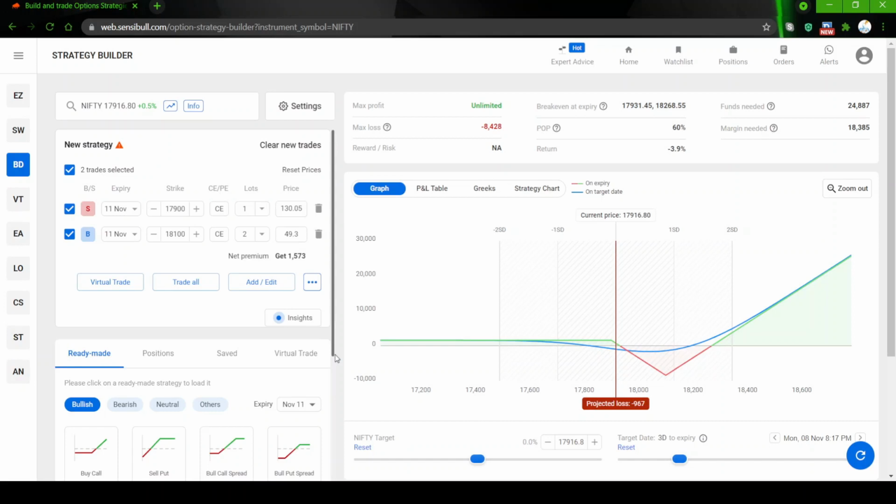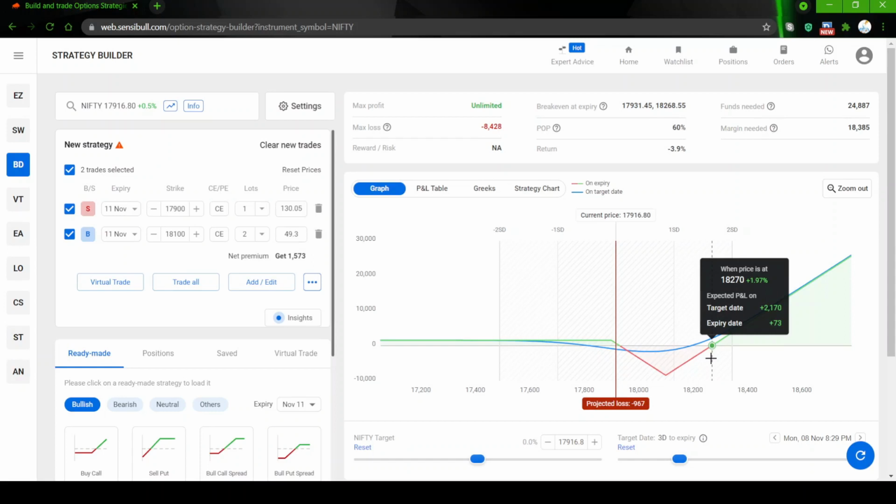You have a slight upside risk. If the market goes up very fast, then your strategy will become profitable because the upside potential for this strategy is unlimited. Consider that the market goes up slightly above our level of entry. When we entered, the market was at 17,900, right? Our break even starts at 18270, like 18268 as it is showing here. So our break even is at 18270.